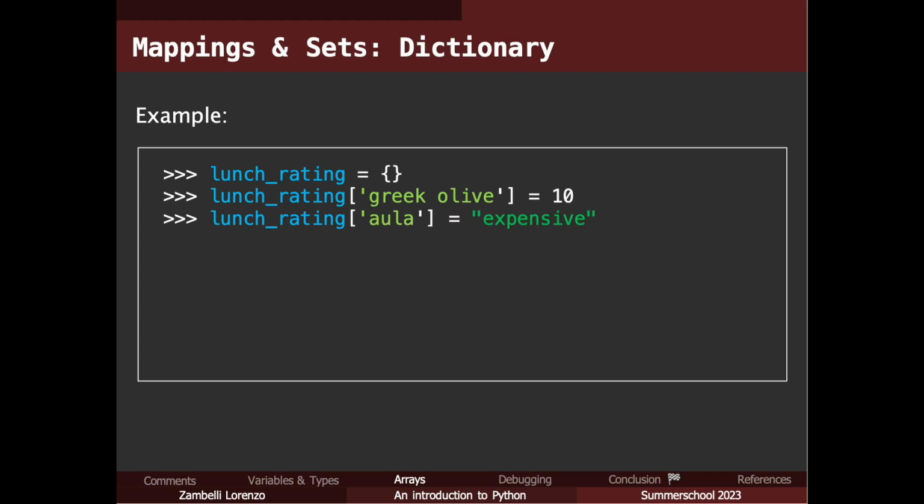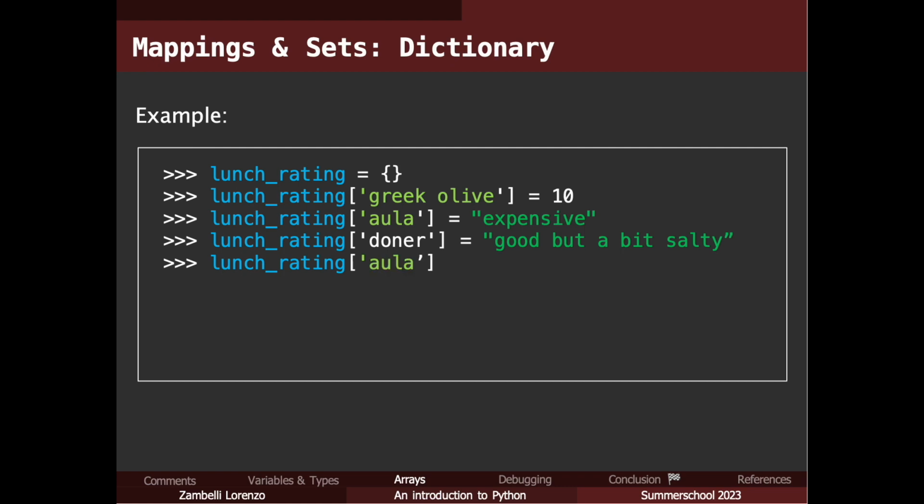Let's add another key element called aula, and give it as a string, so expensive. Lunch rating, again as before. Then we call the key value corresponding to the key element aula, and indeed it appears expensive.